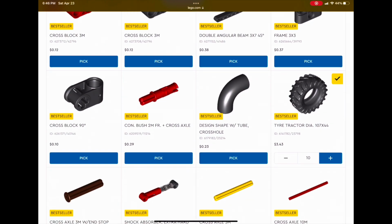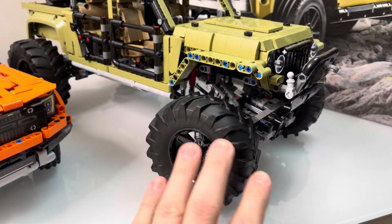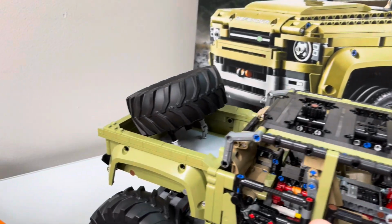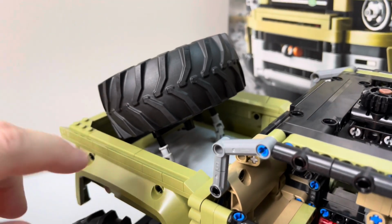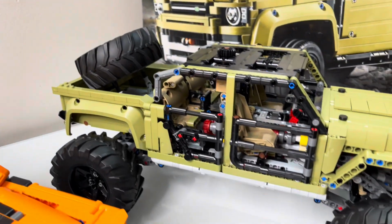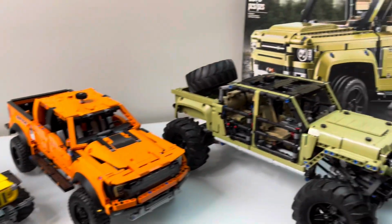So we ordered 5 of those tires. What we did was we, of course, put the 4 tires on, and then we have 1 extra tire mounted here on the back. I used extra leftover parts from this build to create just a small little stand to hold that tire neatly in the bed. But let's move these 2 out of the way for just a second,